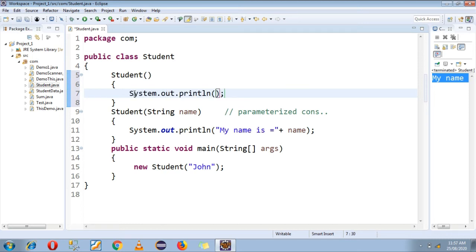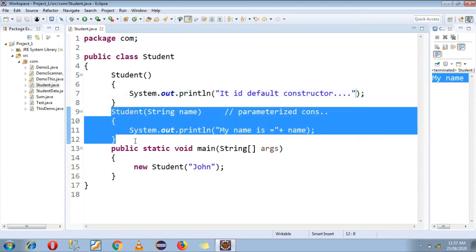Here I have created another constructor, that is a parameterized constructor with one string variable. In the main function I have called only one parameterized constructor, so which constructor will it execute? The second one, that is the parameterized constructor.